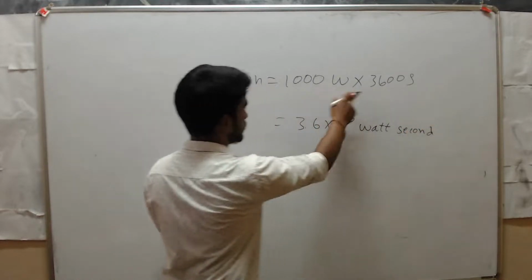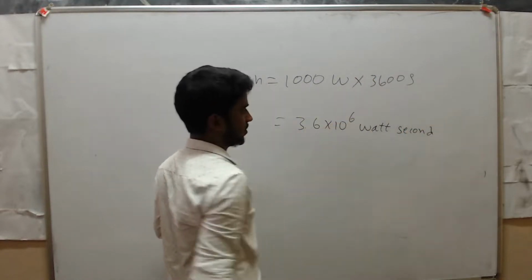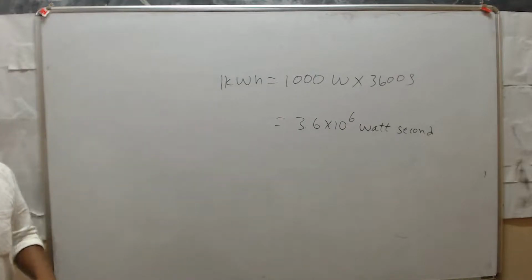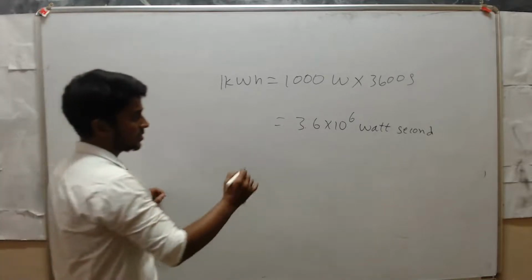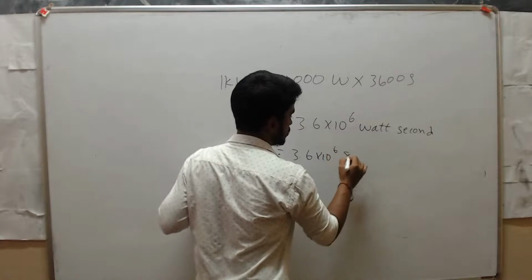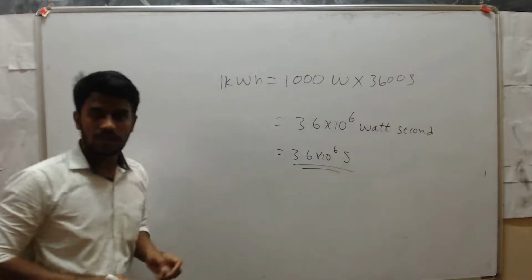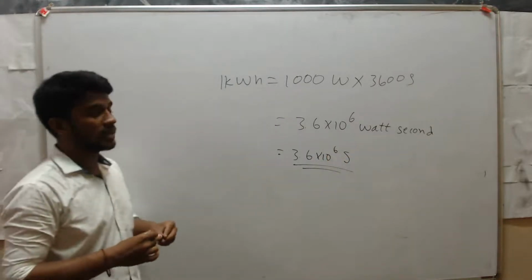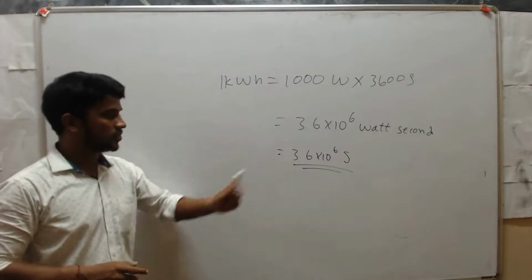Instead of writing 1000 watt hour and 3600, you can write it like this. Watt into second, what does it give? Watt into second is 3.6 into 10 raised to the power 6 joule. So 1 kilowatt hour is equal to